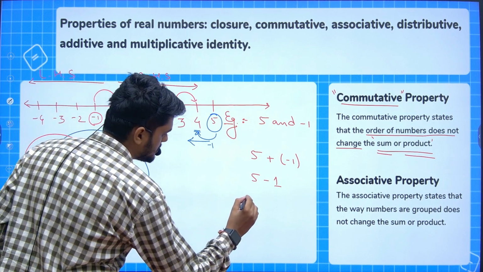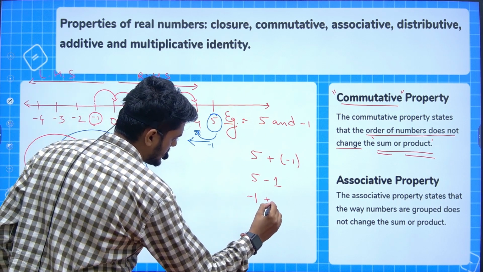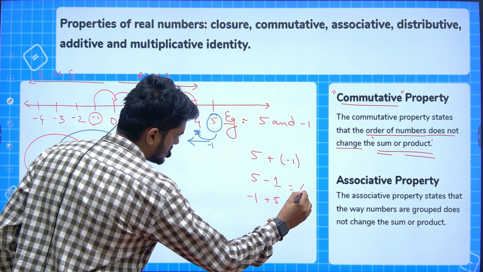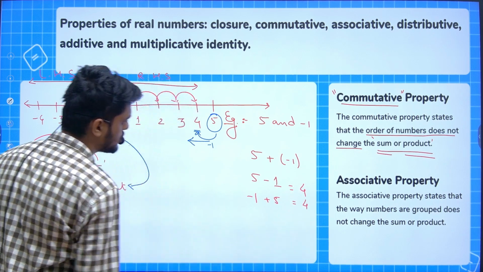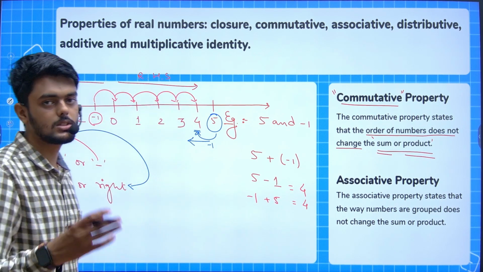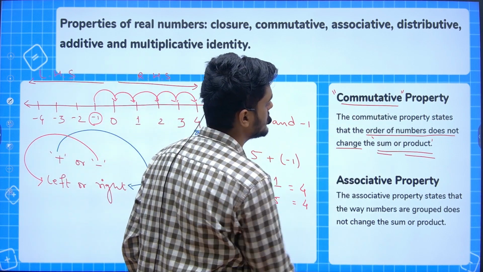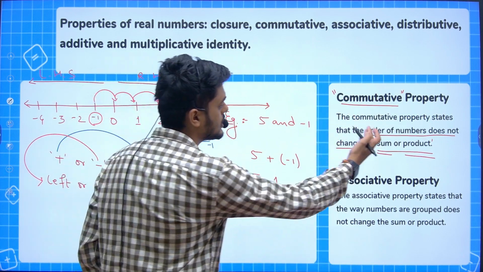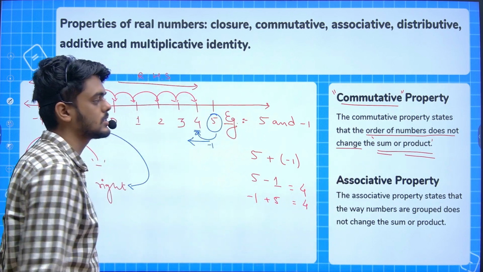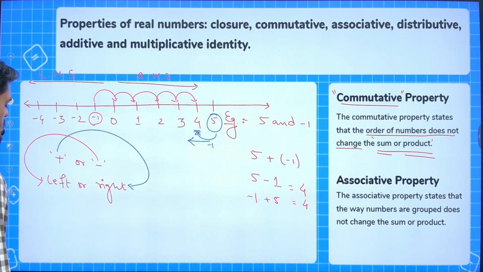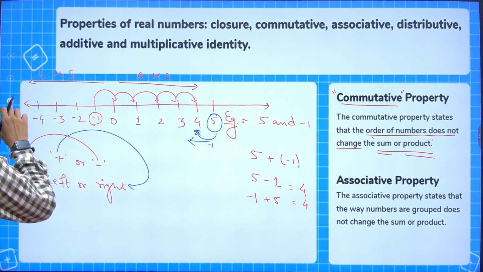The result in both the operations is equal to 4 only. So this is what we mean by the commutative property, that the order of numbers does not change the sum or product. You can also look at multiplication in the same manner. Moving to the next property,